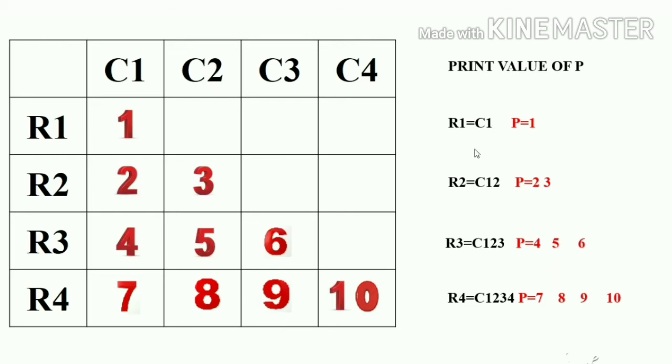So here we can see that p is the third variable that we have to increase. The numbers go in the order of 1, then the second time 2, 3, then after 3 it will increase to 4, 5, 6, then after 6, 7, 8, 9 and 10. So let's see how we have to write this program in Java.